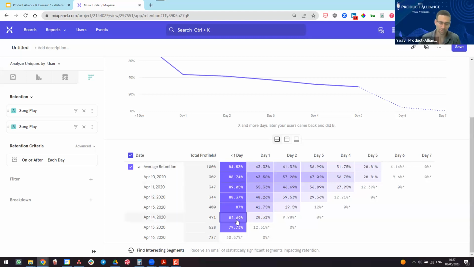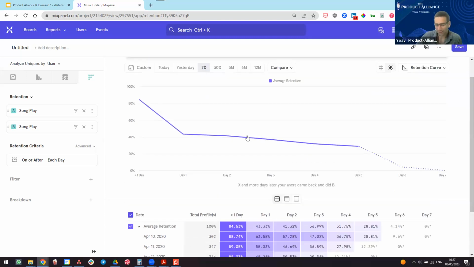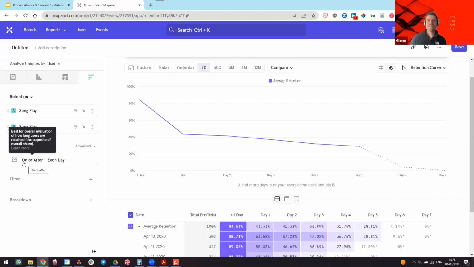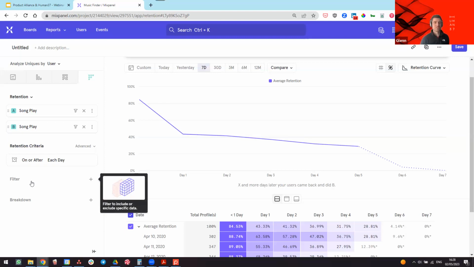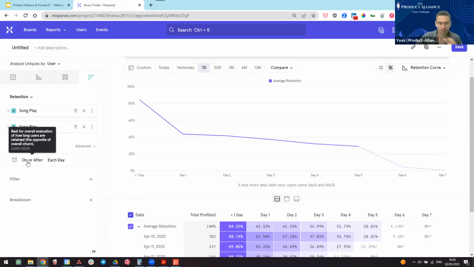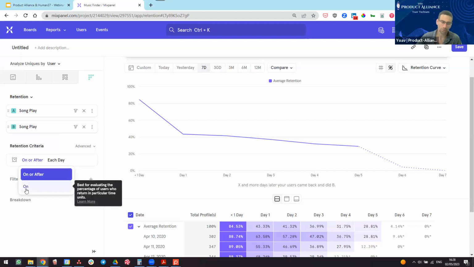Okay, so that's why we see it here, and this is the average of all of them together. Another thing that we see a lot of people making mistakes on is this little thing here. They've changed the name of this feature so many times, because it's really hard to understand. And documentation is still a bit outdated, by the way, depending on where you look. Yeah, it was unbound retention, and they had a few names for that. But basically, I think the name right now represents the concept pretty well. And basically what it says right now is on or after.